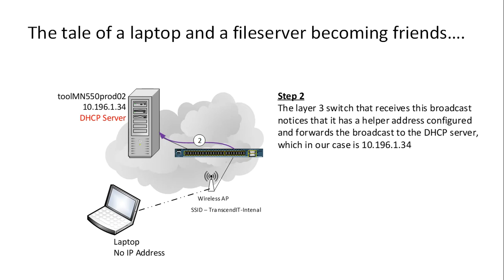That's much further along. That's when we get into the networking portion of this curriculum, but for right now, just realize there is this thing called a helper address that is configured on this switch, and that is for the sole purpose of taking that broadcast and sending it off to something that can actually handle it,